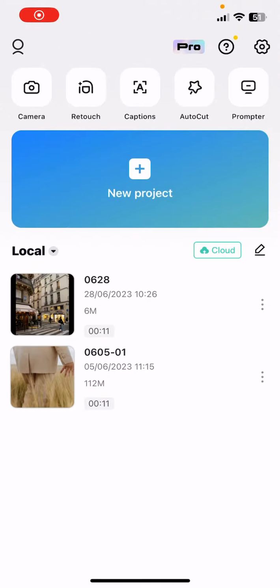Hello guys, in this video I'm going to show you how to add background to your photos or videos in